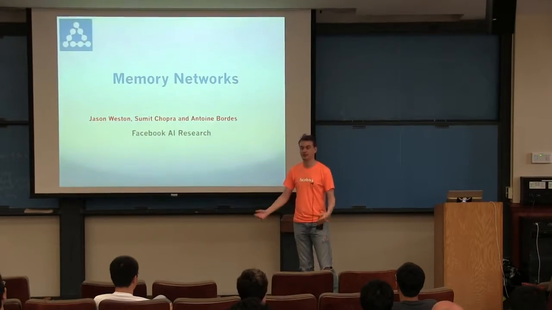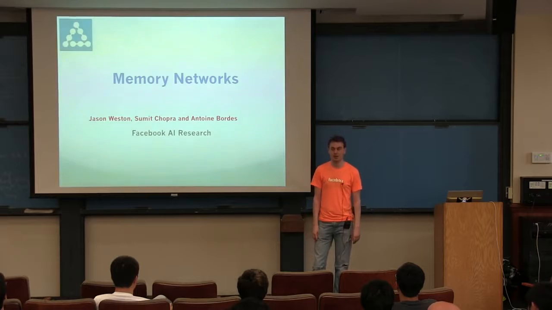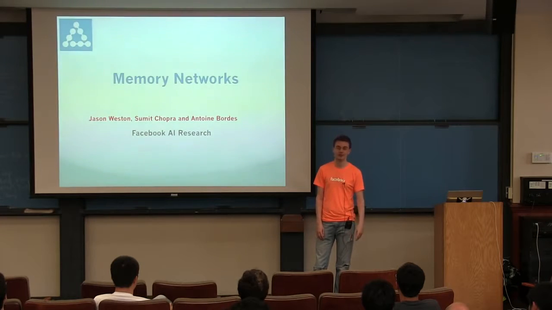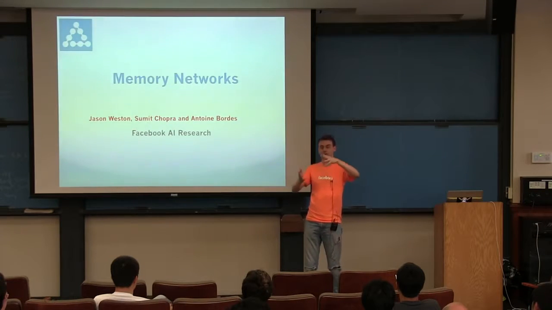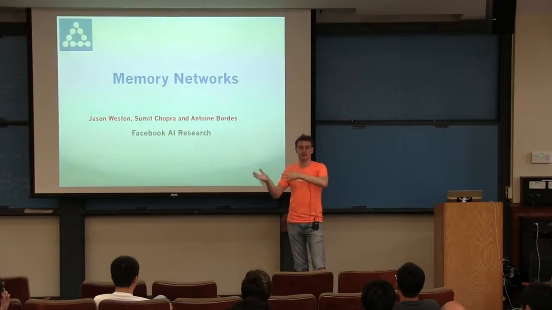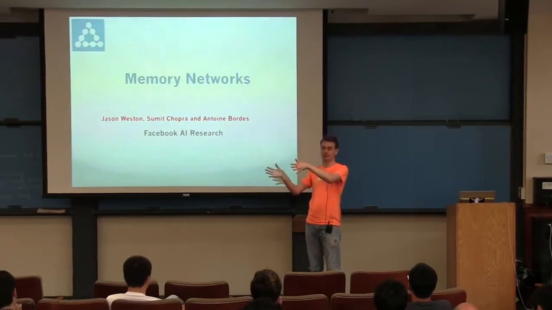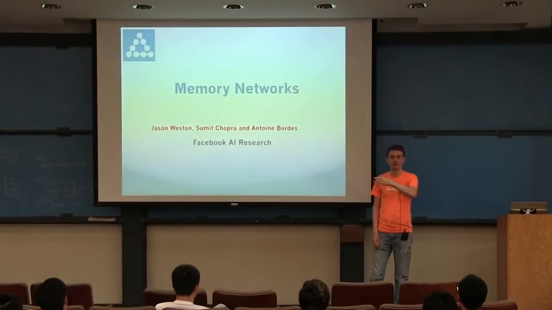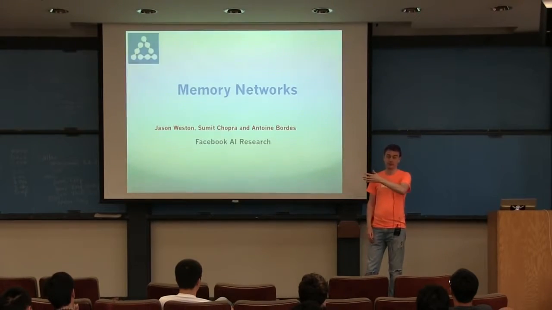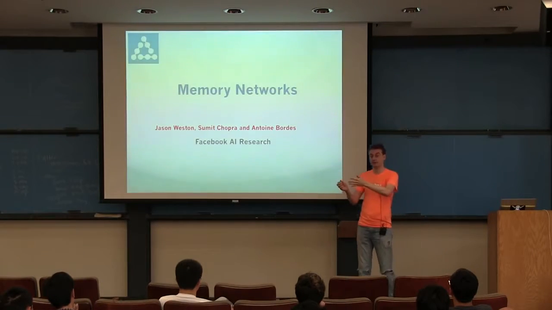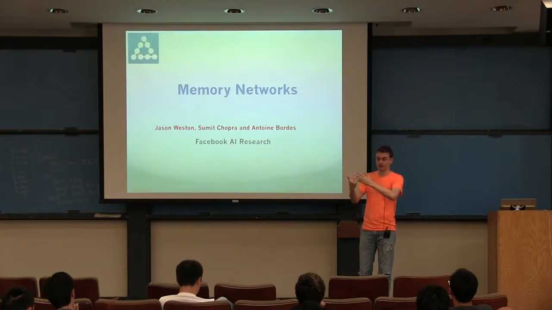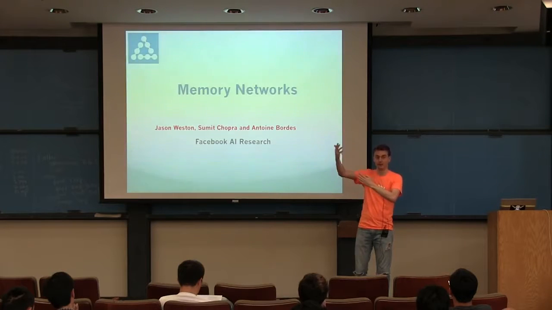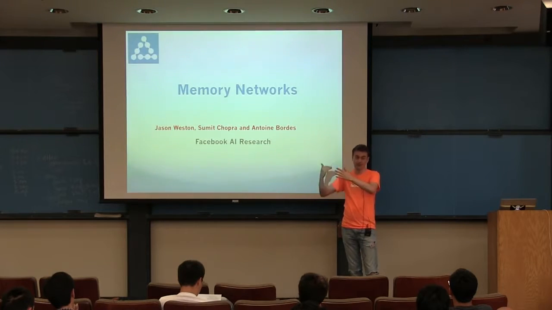In particular, we've been focusing on the problem of question answering. First, some kind of story or knowledge base is fed to the neural network, and this would be stored in its memory. Then, given a question, it has to try and answer it. This is the point where it can use its memory to learn where to access in the memory to read in order to answer the question.